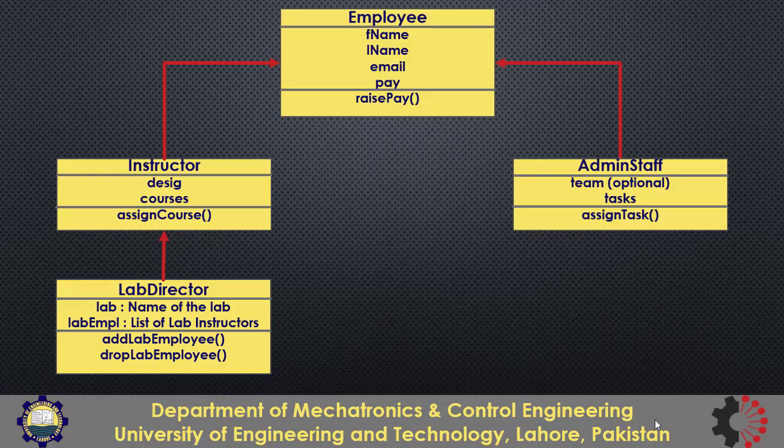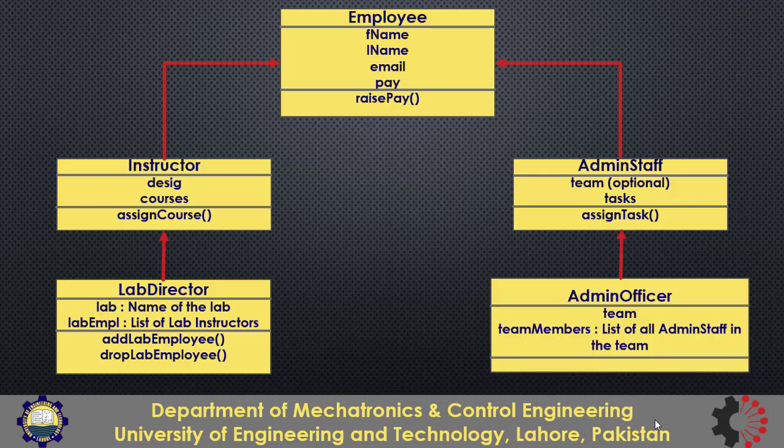Now on similar lines, let's add another class named admin officer inherited from admin staff. Admin officer will have an attribute team, and it will be a mandatory attribute contrary to admin staff where it was optional. Moreover, it will have an attribute team members, which will be the list of all admin staff of that